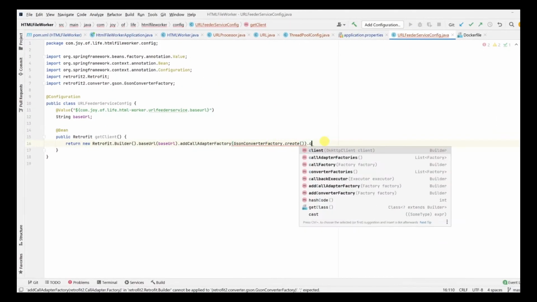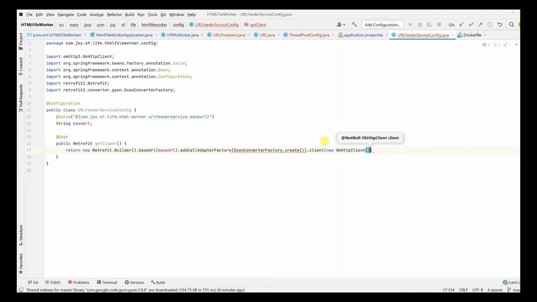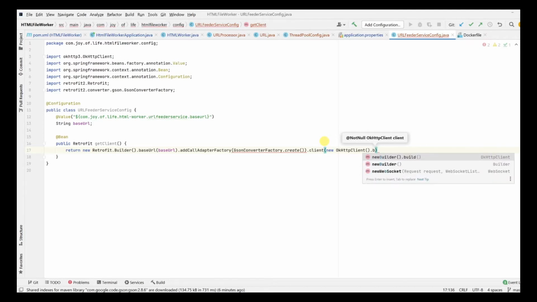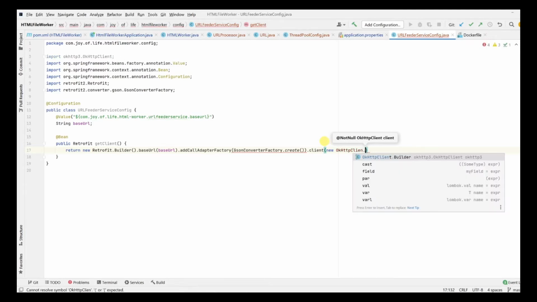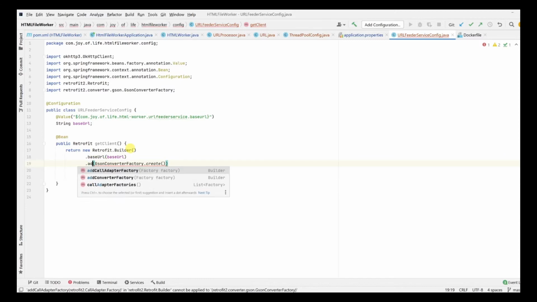Okay, and the next thing that we'll have is a client. The client will be nothing but my HTTP client. So we are going to create an OkHttpClient, and we are going to use the builder pattern once again. We can directly do a builder over here. This will create a client for me, using all the default values, and at the end we are going to build this and return it back. Okay, sorry, this will be addConverterFactory, not